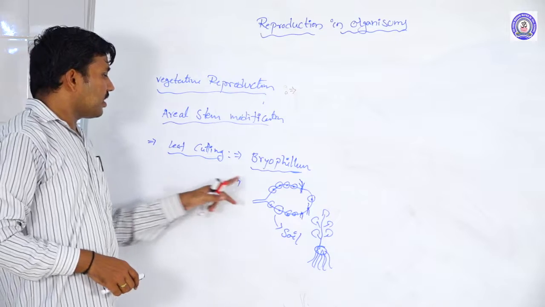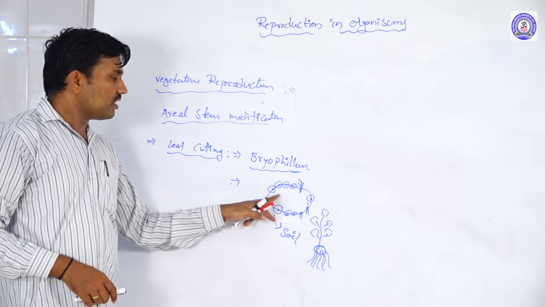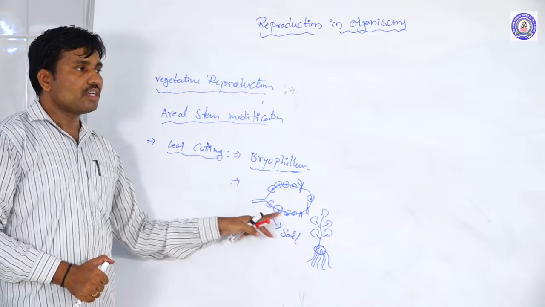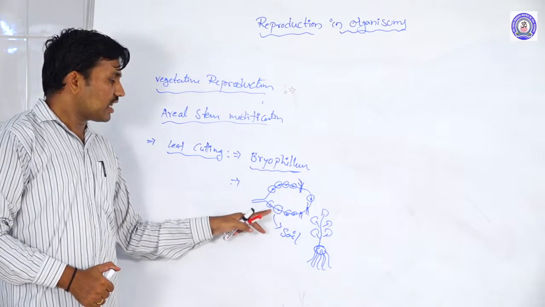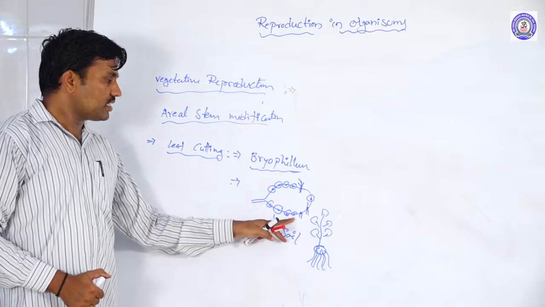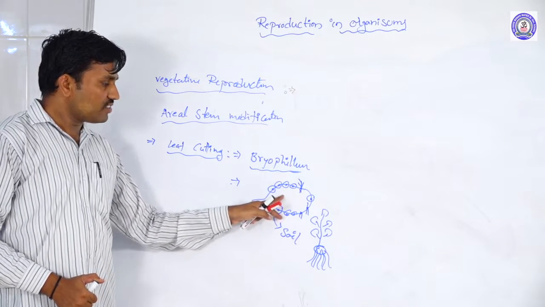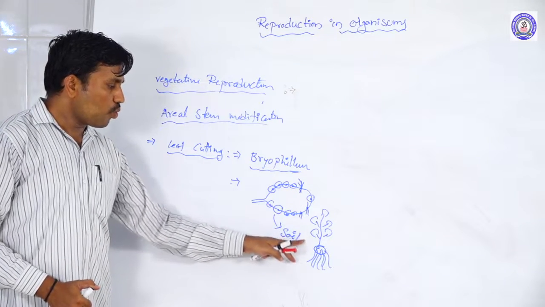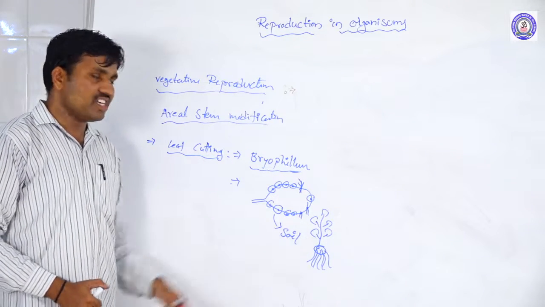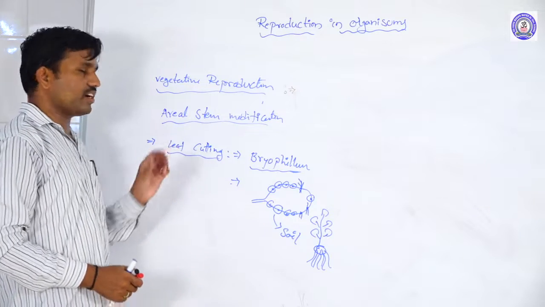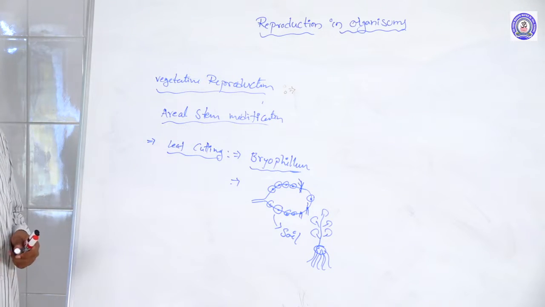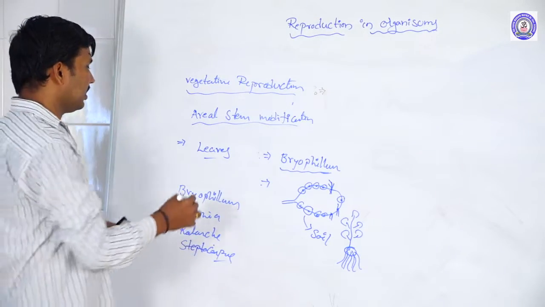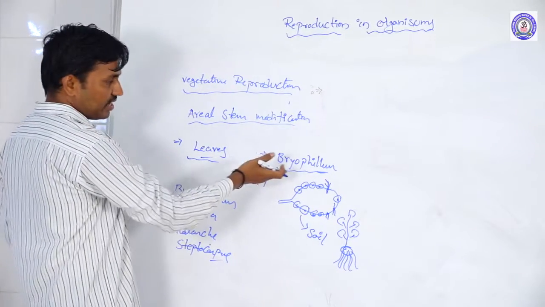So what happens is, in Bryophyllum, the leaf margins have buds present. These are vegetative buds. When the Bryophyllum leaf falls down onto the soil, at that time from each bud a new plant occurs. The example is leaf cutting. This is the leaf cutting we are taking. This is a type of leaf vegetative propagation. Here the example we are taking is Bryophyllum.